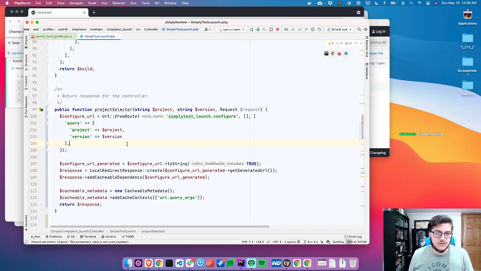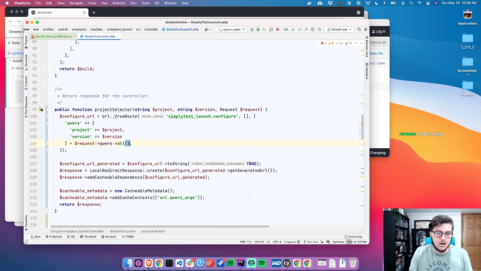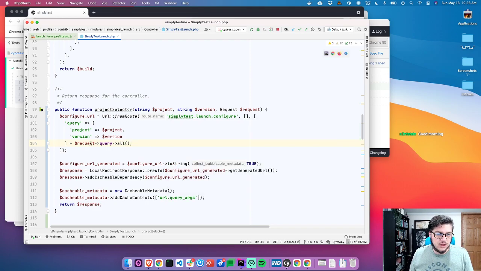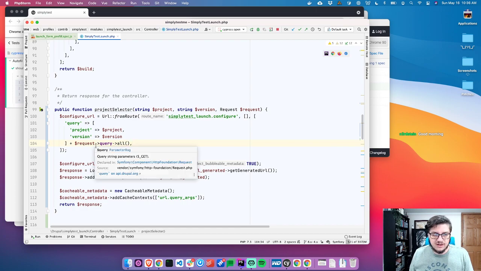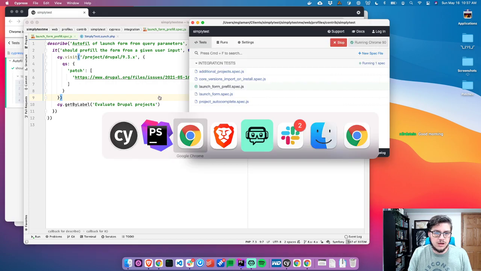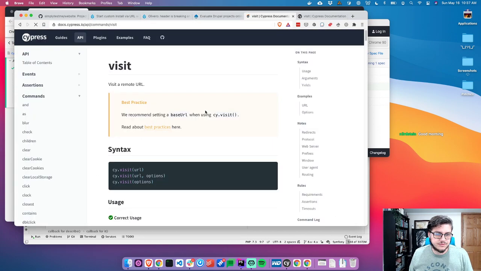All right, so we got the project version, we've got the request, and we're going to attach the request query all. This is the parameter bag, so that should pass forward any of the other query parameters. We might eventually want to split this out and validate some of them, but we're just going to start here. And in the test, I want to assert our query parameters. So let's do